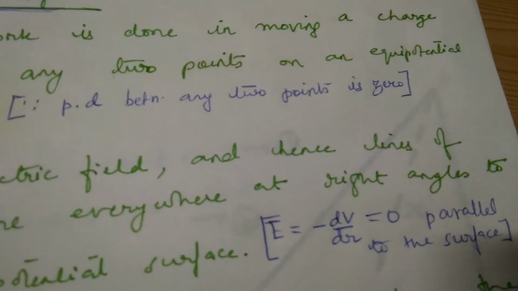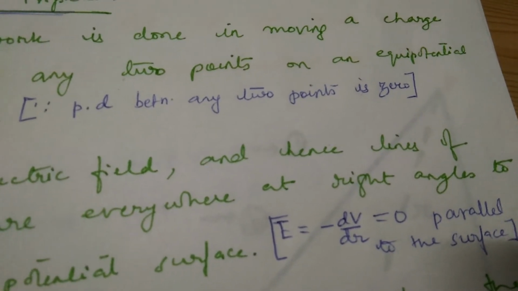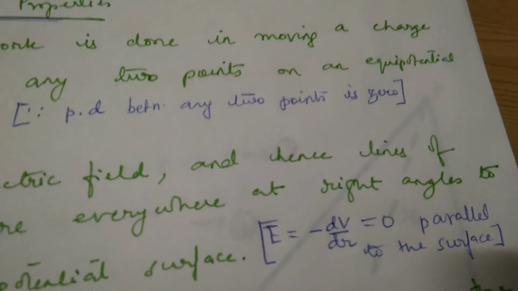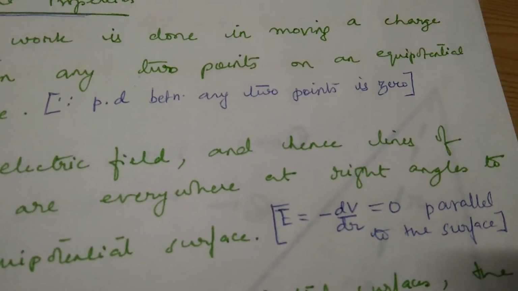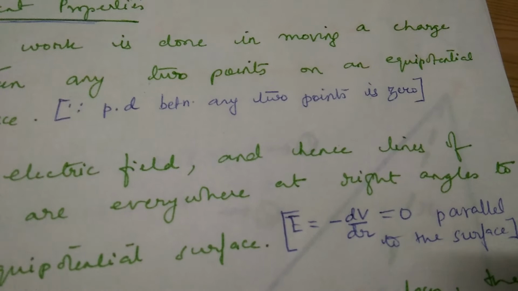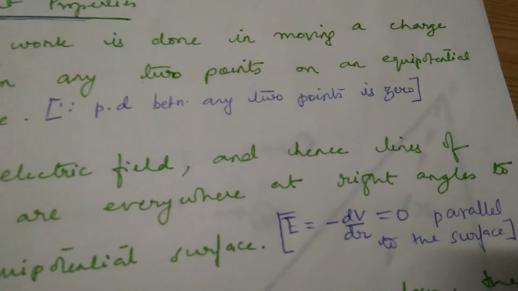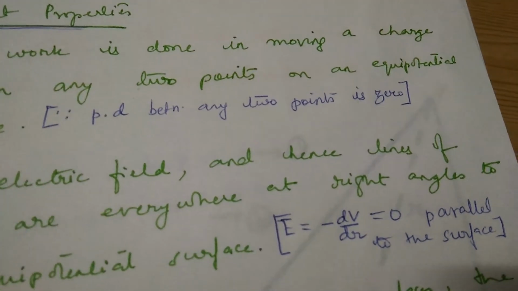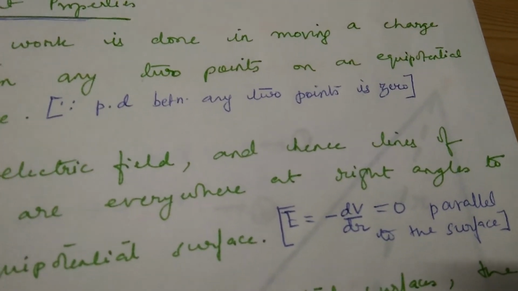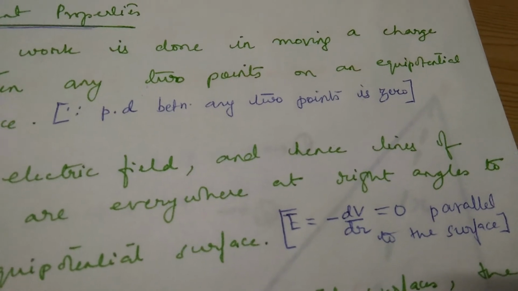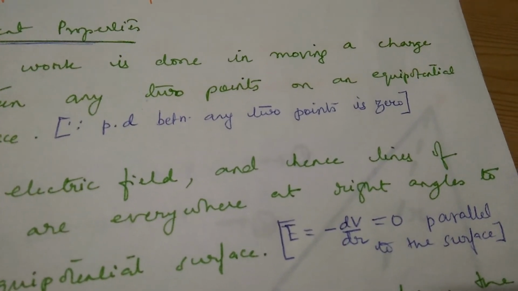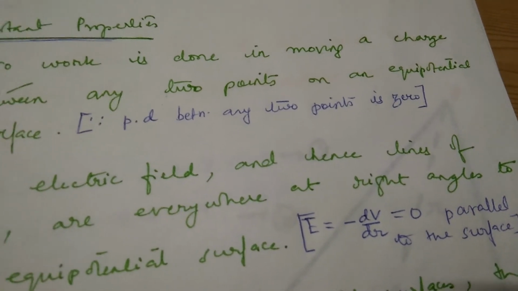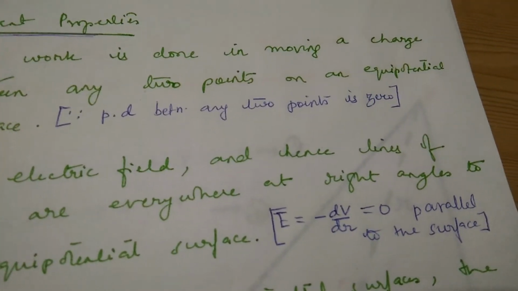In that case, my electric field is 0. But where is this equipotential surface? We are drawing it in an electric field only. So that means my field is not 0. So where is the field? It must be at right angles. Only then the horizontal component can be 0. If you ask me why only at right angle, why not any other angle theta? Because at any other angle, you will have to resolve it into the horizontal and vertical component. So horizontal component is 0, potential gradient is 0. This condition will be fulfilled only and only if the electric field is at right angles.